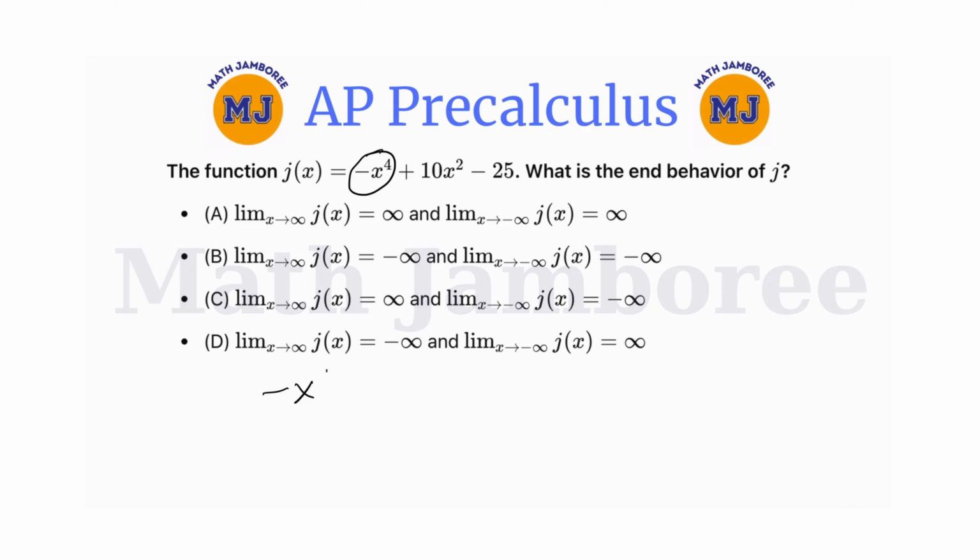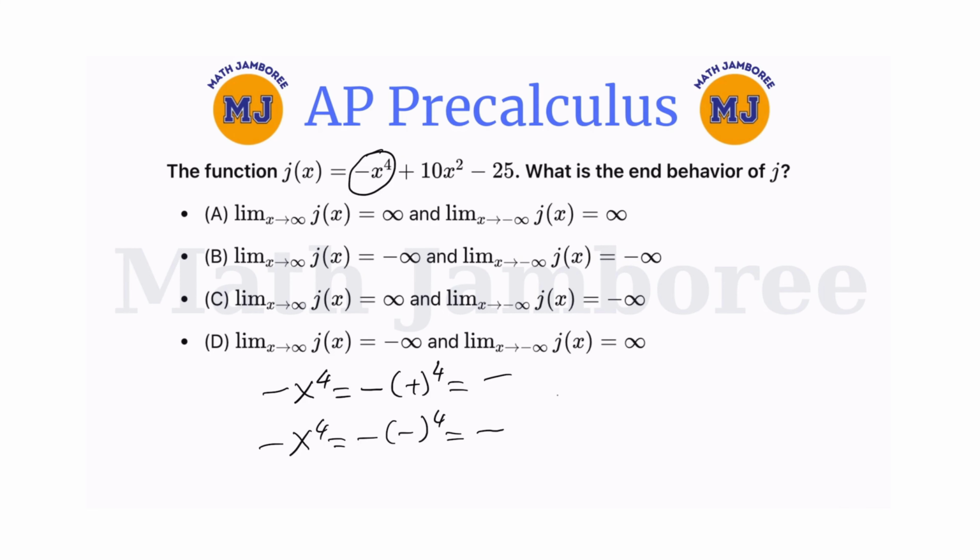And negative x to the power of 4. As x approaches positive infinity, I'm going to substitute a positive number for the x to the 4. So positive to the 4 is positive, and negative times positive is negative. And here, when I substitute a negative number for the x, negative to the power of 4 is still positive because it's an even number. Negative times positive is